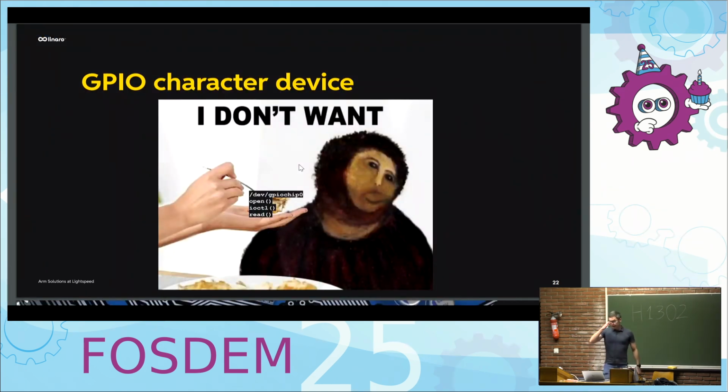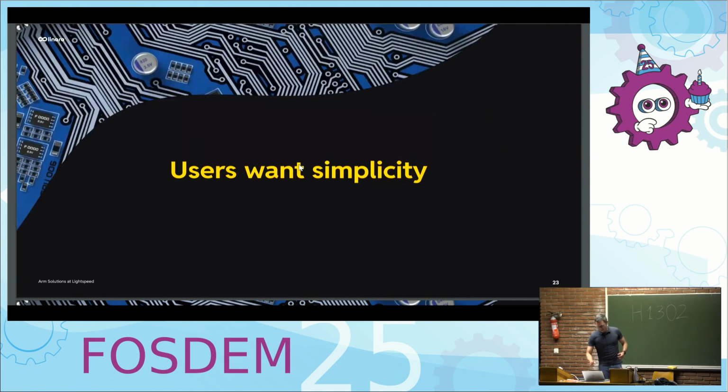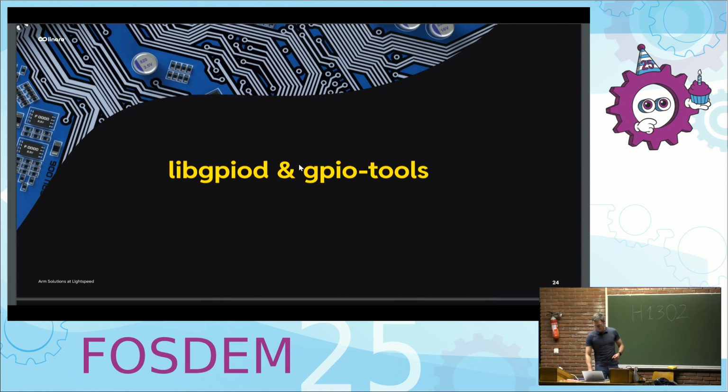So the most obvious one is the character device, which has been around for almost 10 years now. And unfortunately, if you tell users that they have to drop their neat shell scripts that just write to files and use custom C code that includes uAPI kernel headers and calls various system calls, ioctls, then the reaction will be quite predictable. But, well, users want something that works simply.